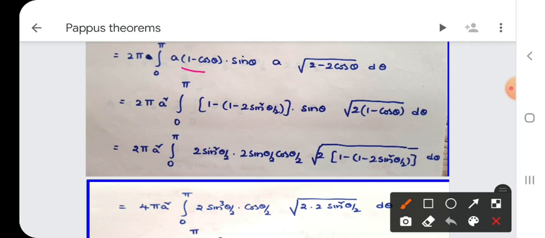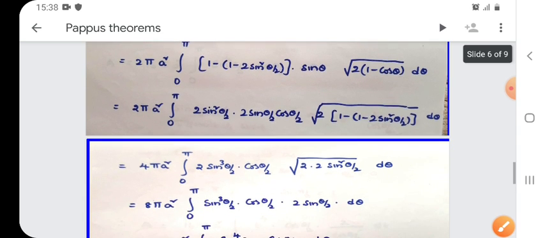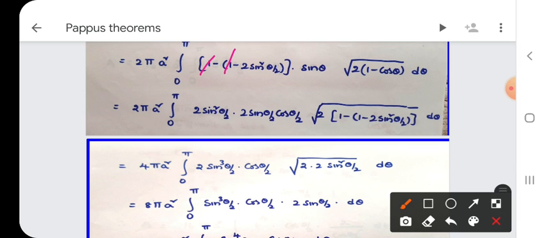Next, 1 minus cos theta, in terms of sin squares, is 1 minus 2 sin square theta by 2. In the root I take 2 common, here also I write the same formula: 1 minus cos 2 theta formula is 1 minus 2 sin square theta by 2. Next, here 1 cancels, what is the remaining term? 2 sin square theta by 2. And what is the formula of sin 2 theta? 2 sin theta cos theta. But here I have only sin theta, so I write 2 sin theta by 2 cos theta by 2.